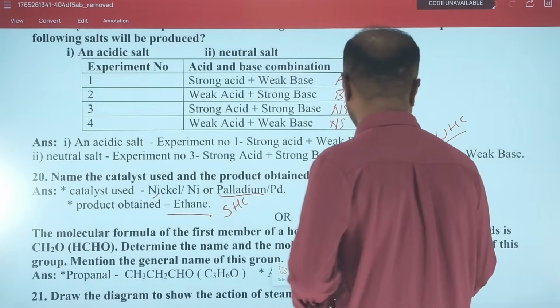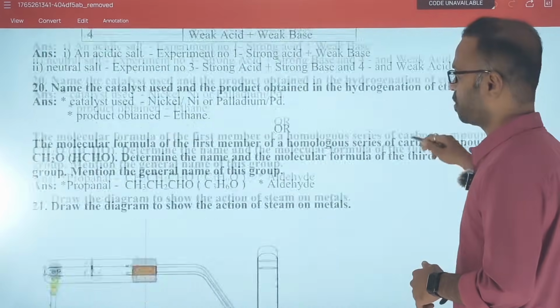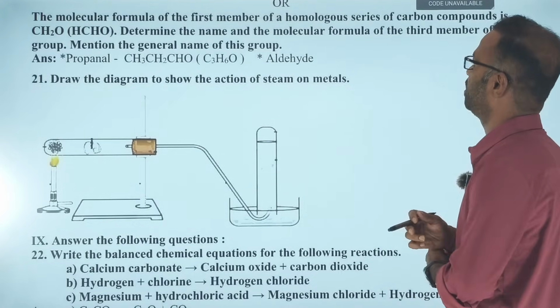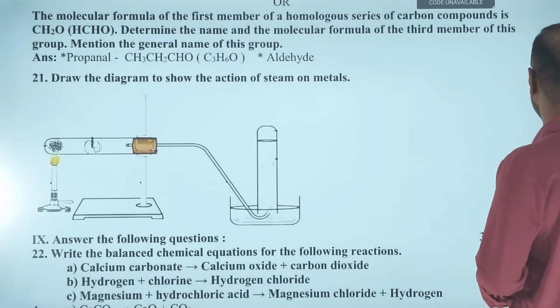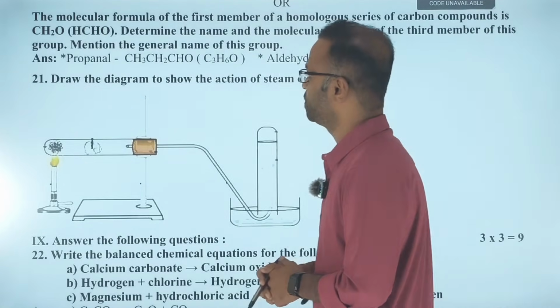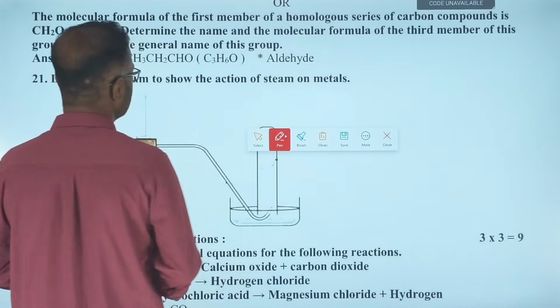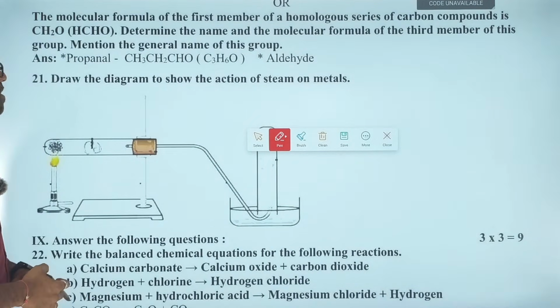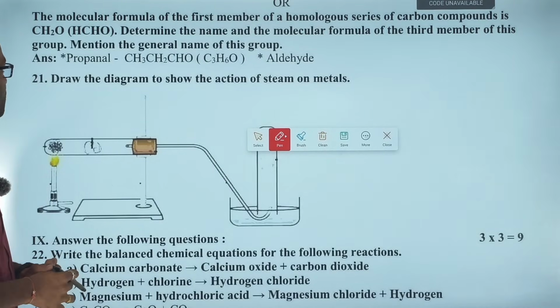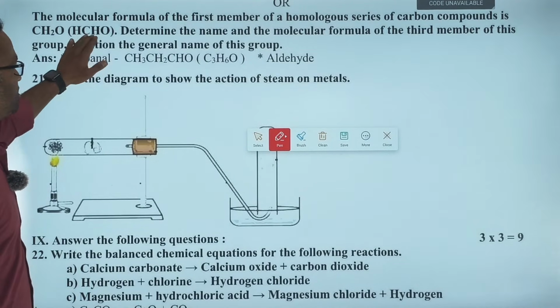Then one more option is given here. The molecular formula for the first member of the homologous series of the carbon compound is CH2HCHO. Determine the name and the molecular formula for the third member of this group. Mention the general name of this group. As it is CHO,